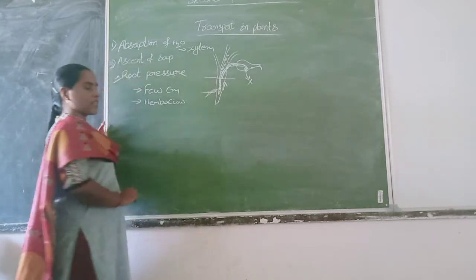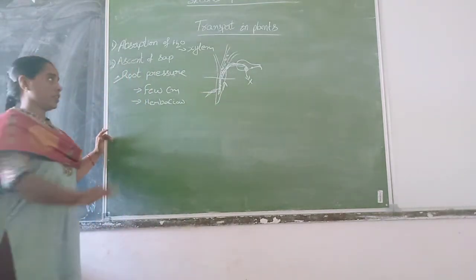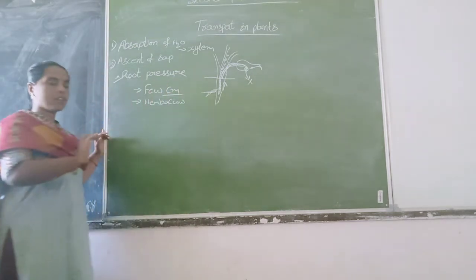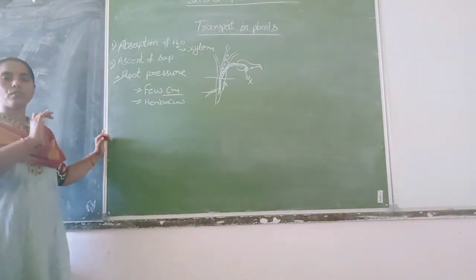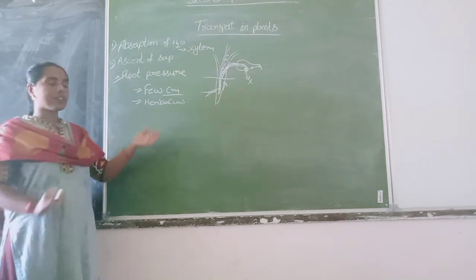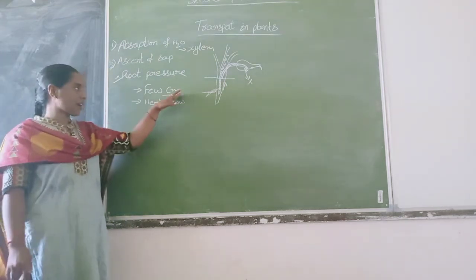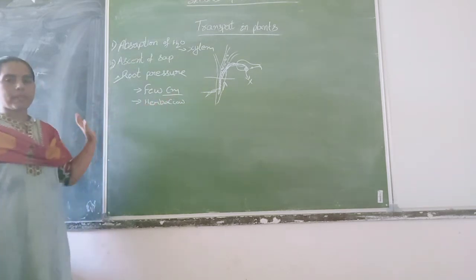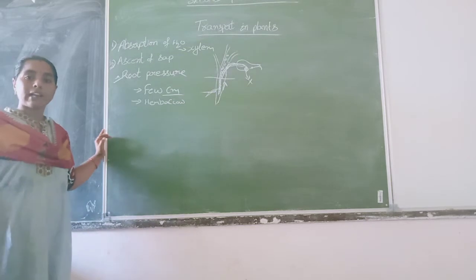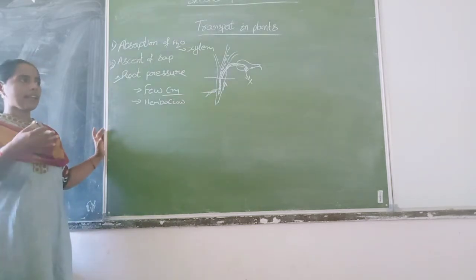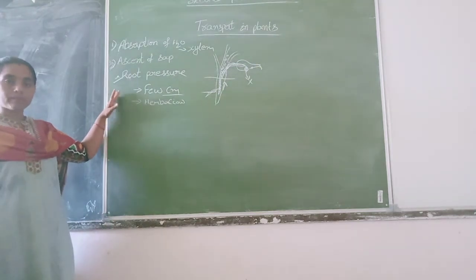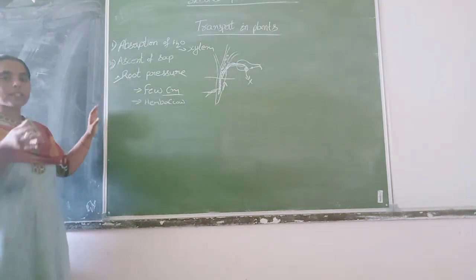Towards the upside. But this pressure helps for the transport of water for a few centimeters or a short distance, but not in the tallest plants. It is sufficient for the herbaceous plants. Then what about the case of tallest plants? So they have some other mechanism. Along with the root pressure, some other forces also